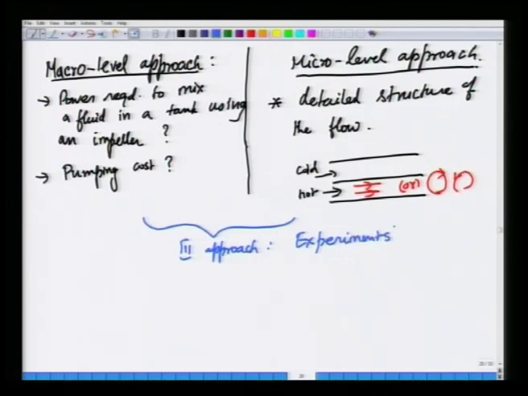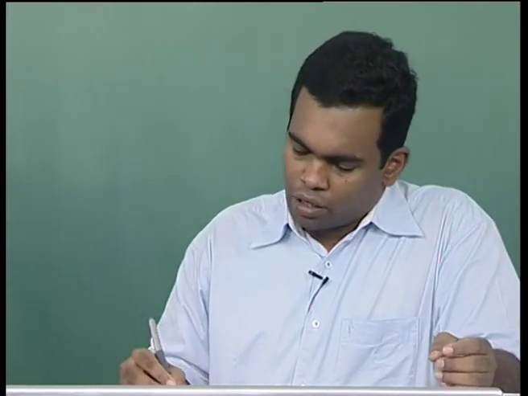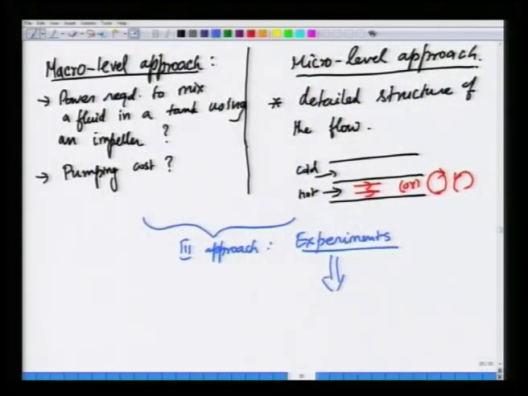experimental observation. This is because it is not often possible to analyze all problems that occur in engineering applications using a fundamental approach, either microscopic or macro level approaches. In many cases we have to do systematic experiments to understand a given process equipment, for example, like a packed bed or a fluidized bed and so on, where it is not really possible to understand everything from first principles. So, experiments play a major role in engineering design, especially in process industries, and here we will show that by judicious use of dimensional analysis,